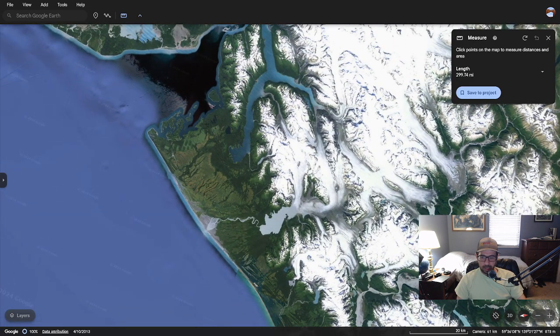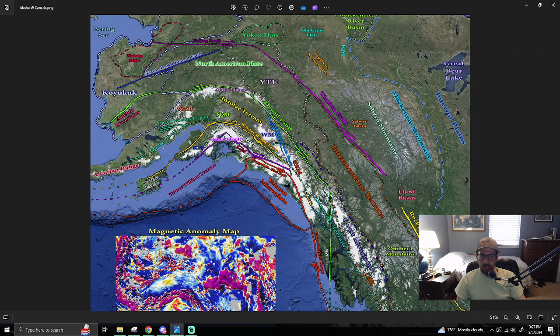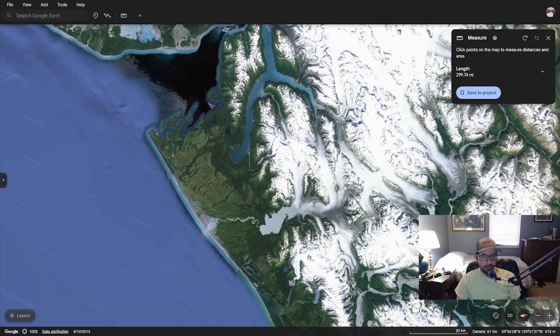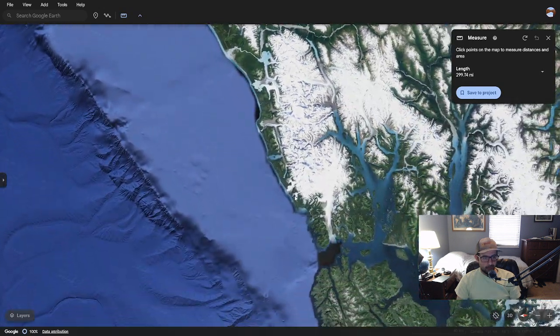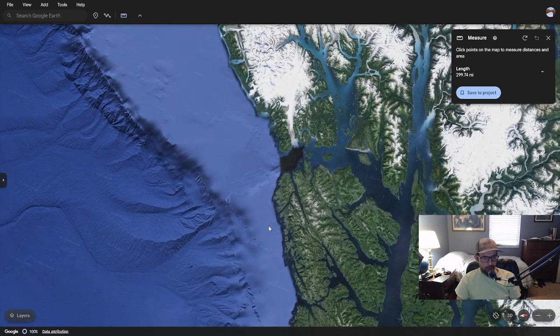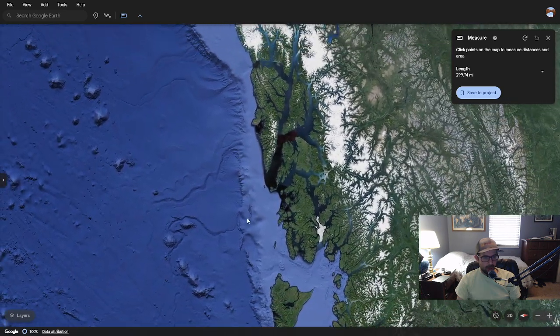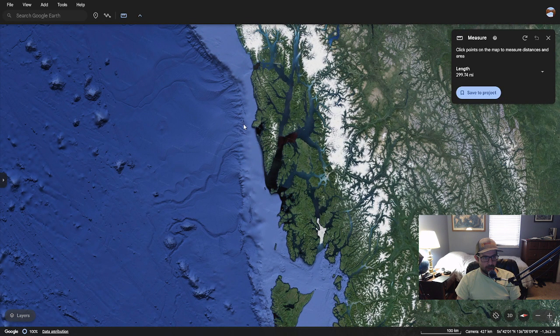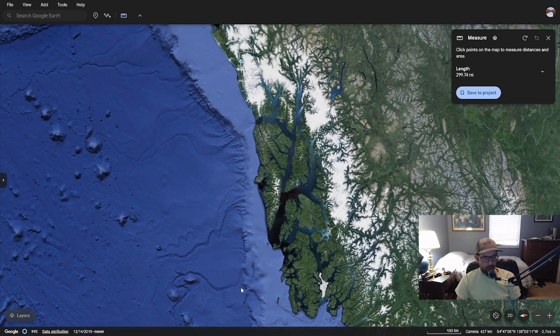So like the Chugach St. Elias Fault that then wraps around. But it doesn't start there per se, it really starts back here and continues along this way by